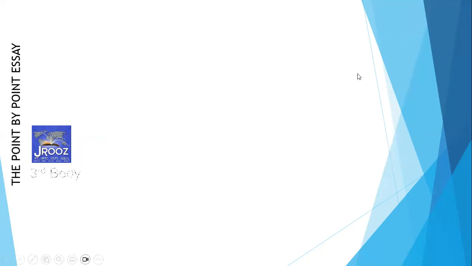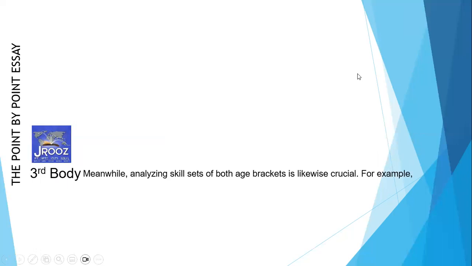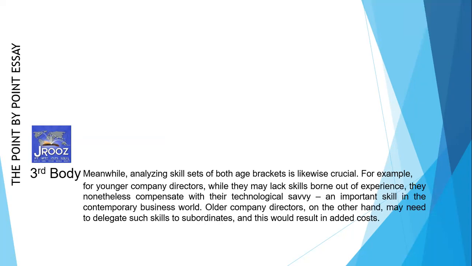Third body, guys, skill set. Analyzing skill sets of both age brackets is likewise crucial. For example, for younger company directors, while they may lack skills born out of experience, they nonetheless compensate with their technological savvy, an important skill in the contemporary business world. Older company directors, on the other hand, may need to delegate such skills to subordinates, and this would result in added